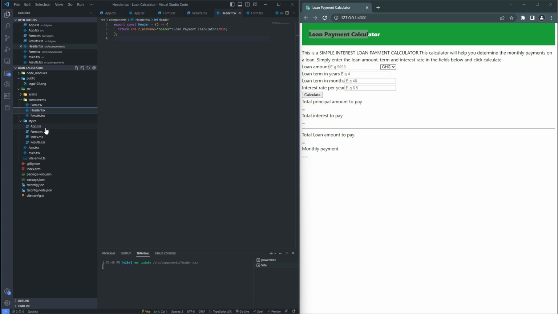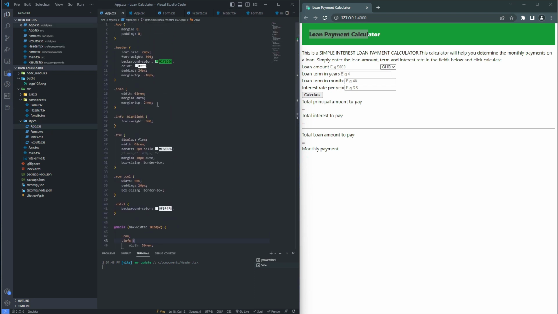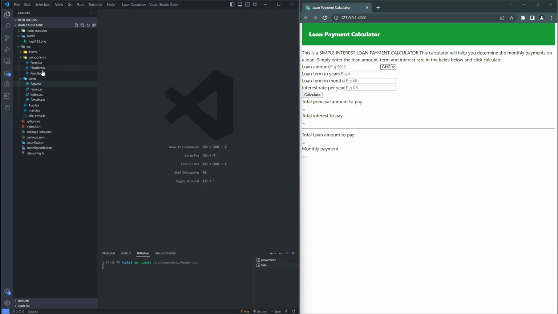So if I go to app.css and check the header, you'd see that the font size is 20 pixels, font weight, the background is here, and the color is here, and I'm giving some padding and margins as well. So that is going to be my header, and then the next component is going to be the app.tsx. So if I close all this and then open the app.tsx file, which is this one,